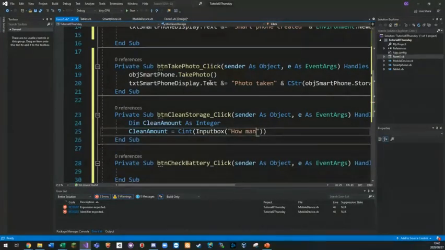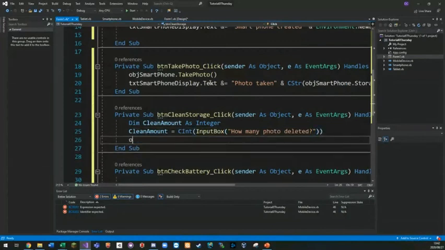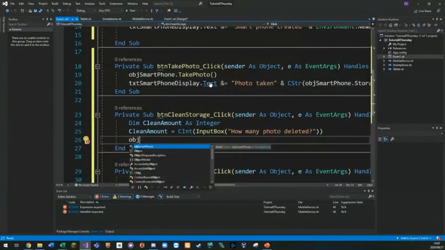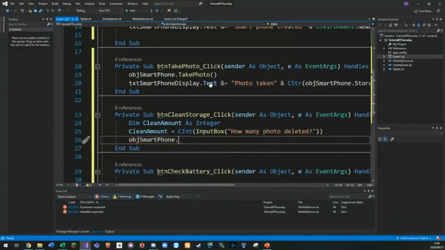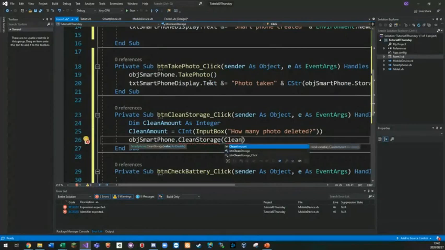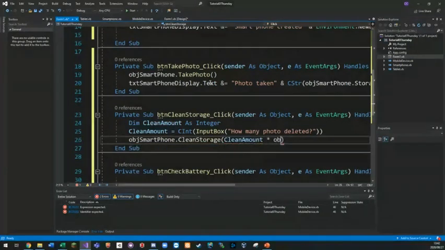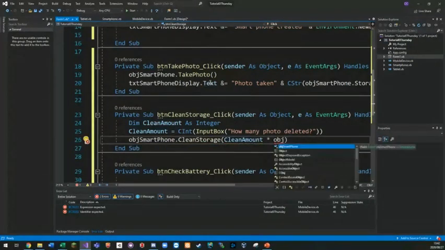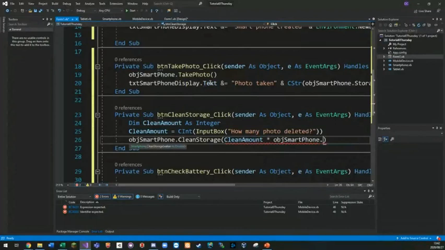How many photos deleted? We can say object smartphone dot clean storage, and we can go clean amount times object smartphone times camera quality,